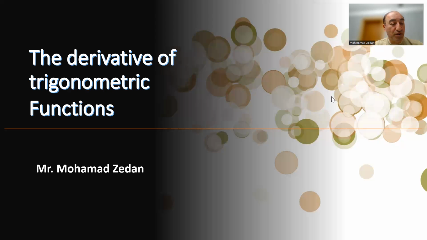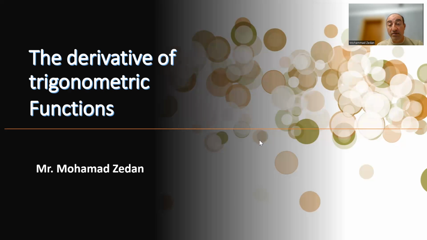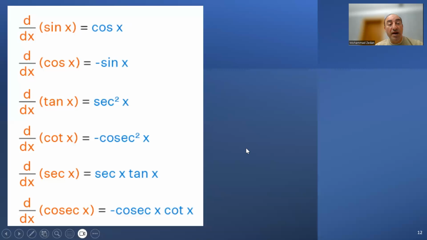Hello everyone. Do you know that the derivative of trigonometric functions that start with the letter C is negative? Let me show you how. I have a list now of the basic trigonometric functions, sine, cosine, and tangent, and their reciprocals, cotangent, cosecant, and